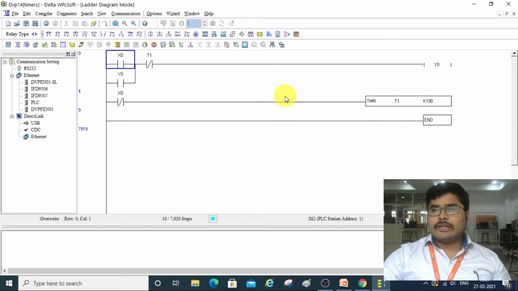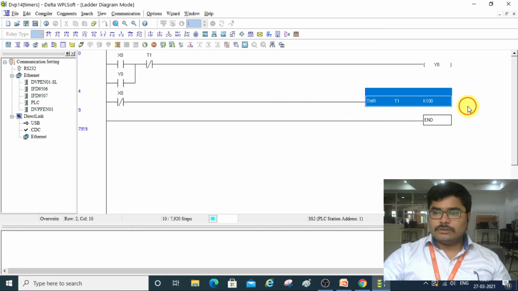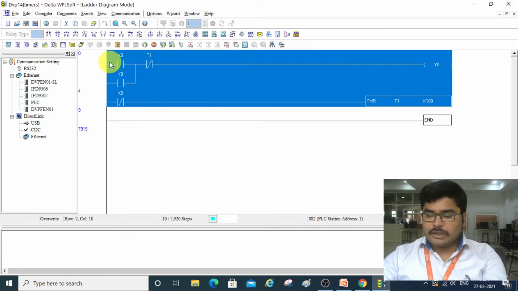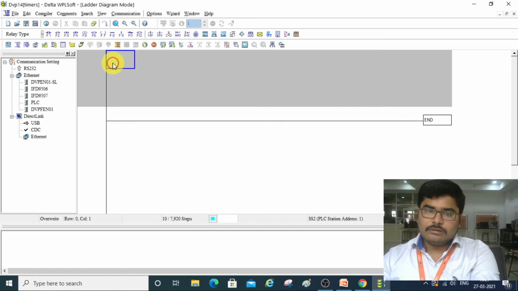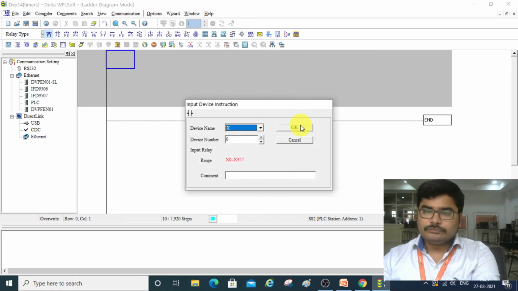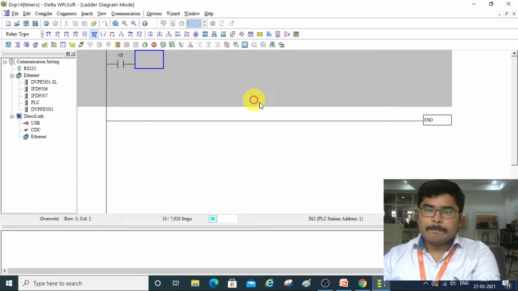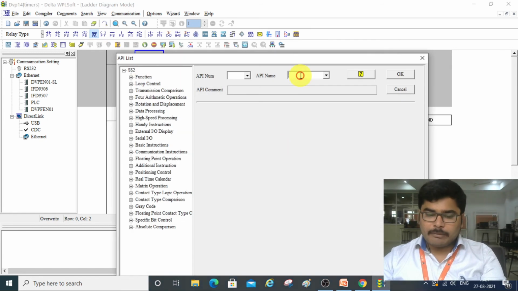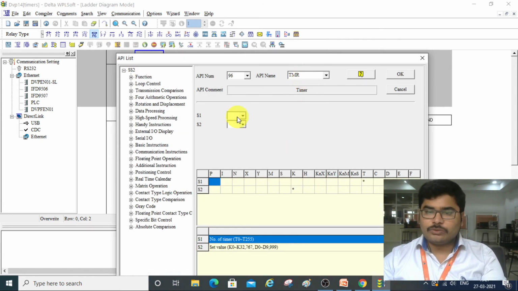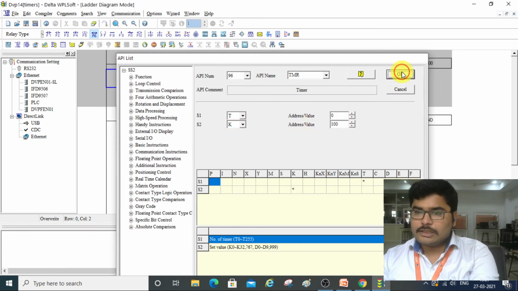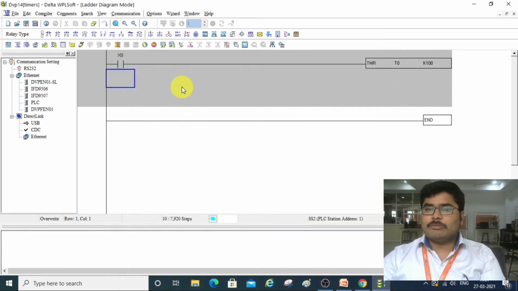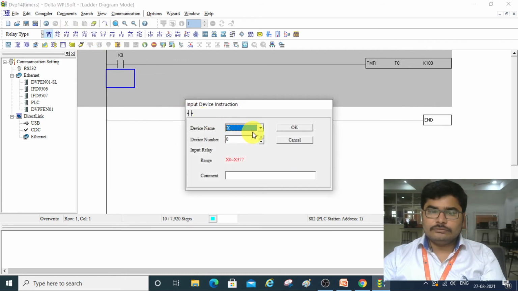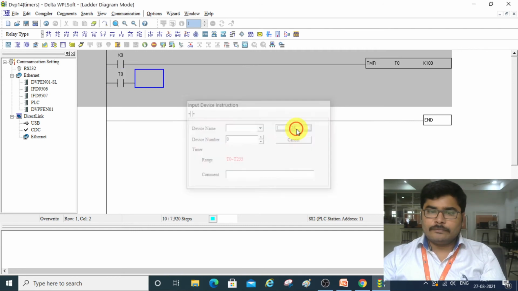So then what is the retentive timer? Okay, during the on delay timer, your timer value will come back to 0. If you take this, T0 is a general purpose timer.